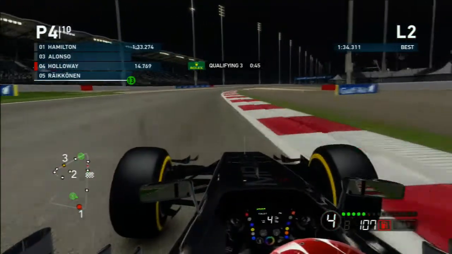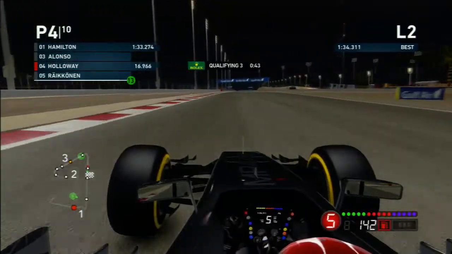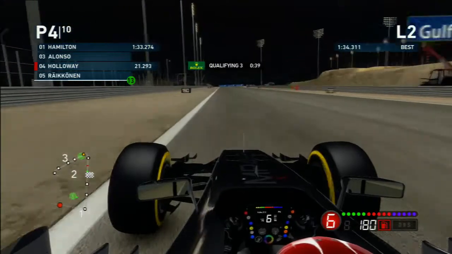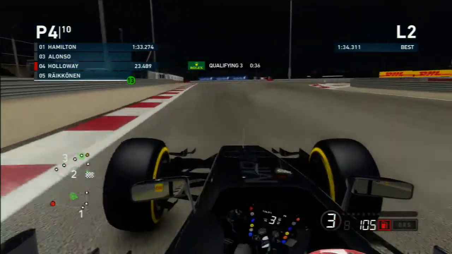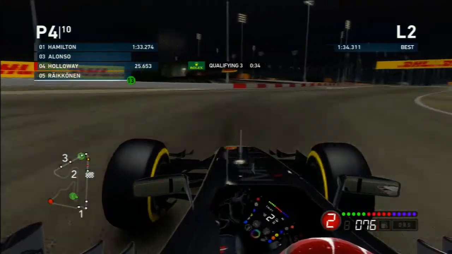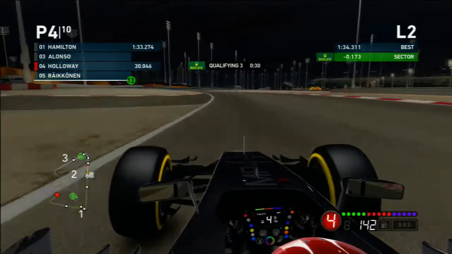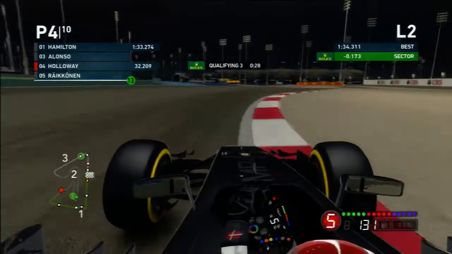Exiting turn 3 we go up into 3rd, once again just to make the car as stable as possible as we exit the corner, now putting it back up into mix 3 to maximise the engine performance towards just up that little straight there. Into turn 4 then I made one more downshift than I should have done there. I should have kept it in 3rd, and I would have had a bit more traction, but then 5, 6